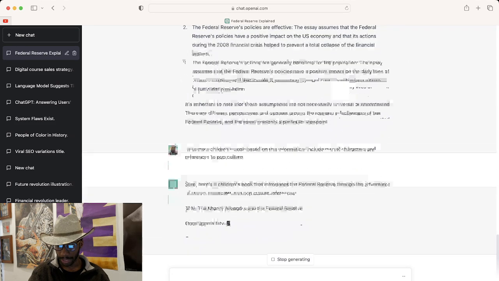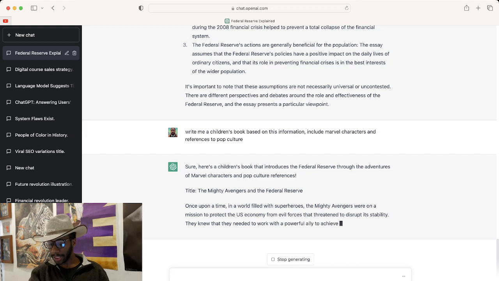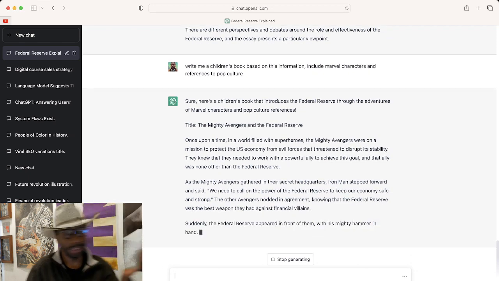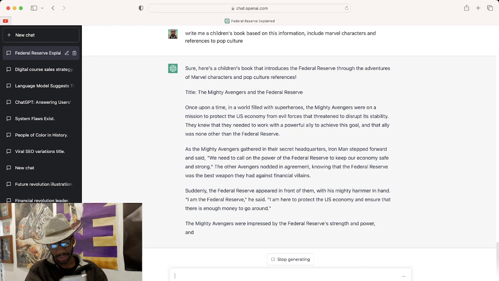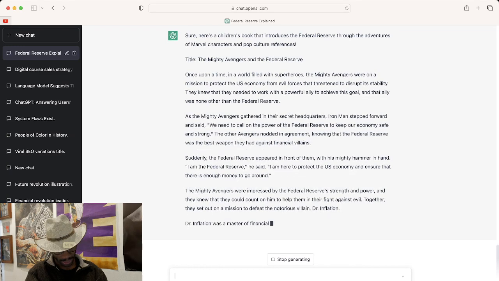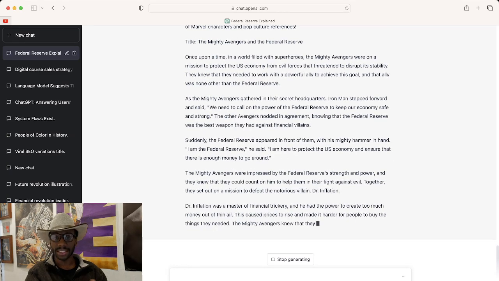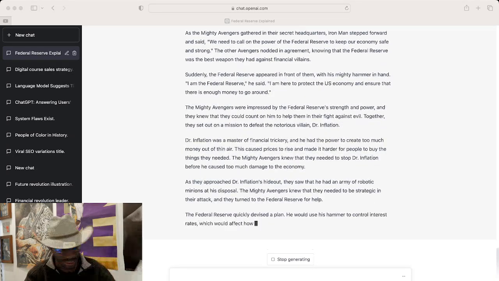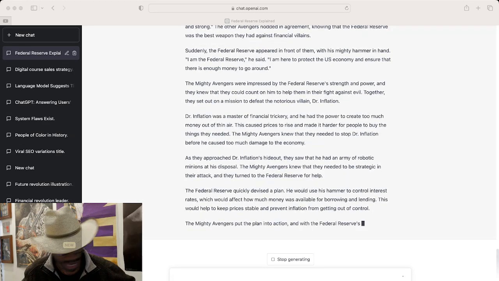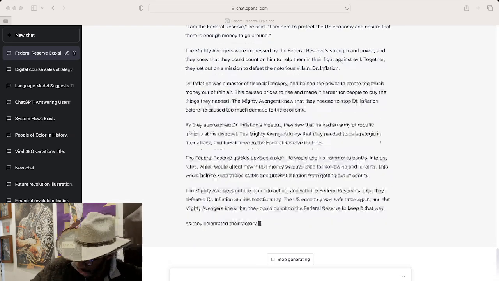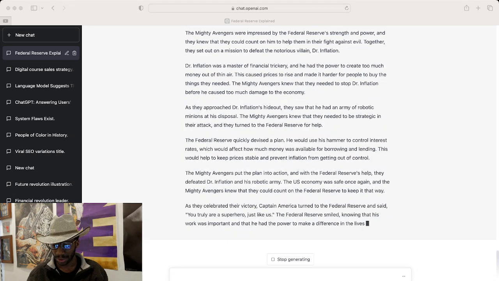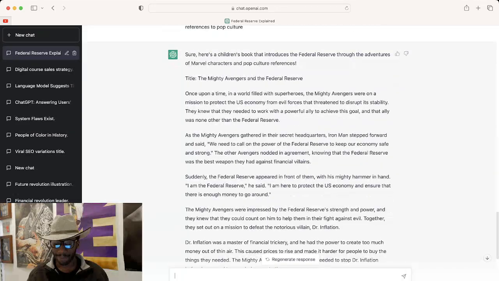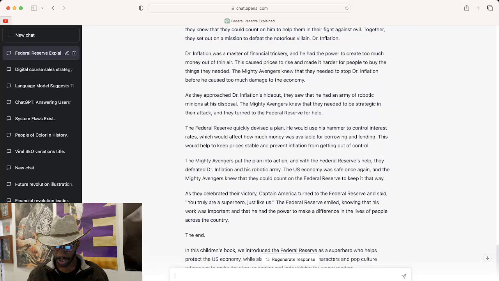Oh my God. Look at this. The Mighty Avengers and the Federals. Hold up, man. Y'all playing. I'm giving y'all a tutorial, but I'm learning this stuff my damn self. Hold up, I gotta take some stuff down. This is insane. Do y'all see this? This is literally writing me a whole book. This is crazy. I'm gonna have to take down this video, man. I'm giving y'all the game right now. I'm showing y'all the advanced secrets. This is wild. This gave me a whole book.